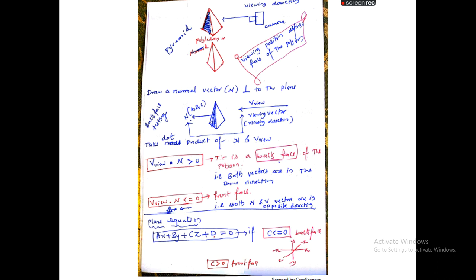So whichever surfaces are visible to the viewer, that pixel information has to be stored in two types of buffers. One is called the depth buffer, and the other is called the frame buffer. Finally, the processor will read this content from the depth buffer and frame buffer. Finally, it will display only that color information which is visible to the observer, whichever polygon or surfaces are visible to the observer, and that information is displayed on the screen of the monitor. Thank you.